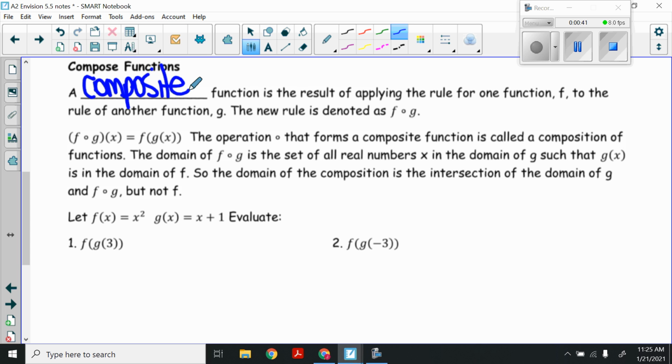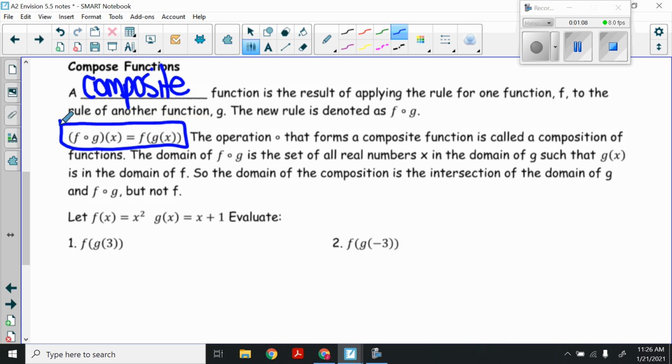So this notation means the exact same thing. You can write it where it says f and then that little o, g of x, or you can write all with parentheses, f, parentheses, g, parentheses, x. They both are read the same way, f of g. Okay, so it says the operation, and then that little open circle that forms a composite function is called a